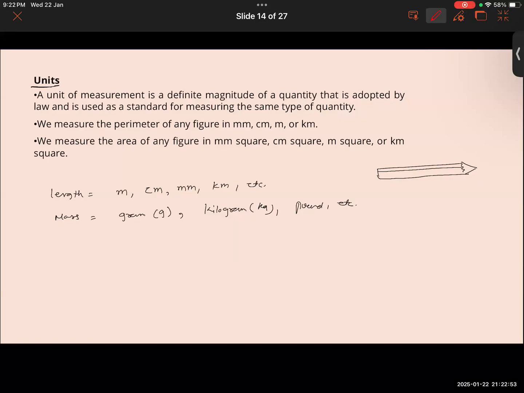Write down "unit", and after it you will write down this definition. You can write it in the following manner. I would say that a unit is used as a standard for measuring